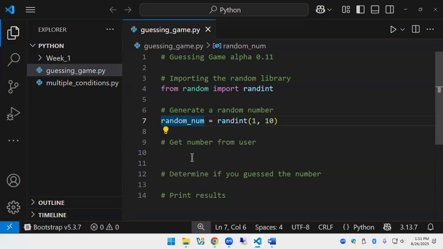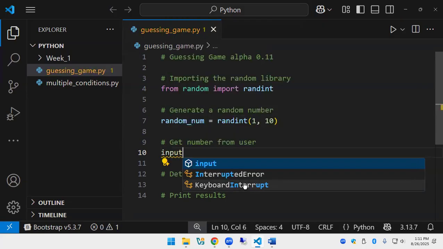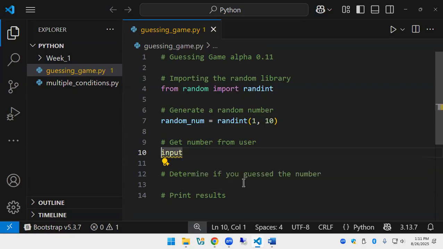Now, I don't know what that number is, but I am going to input my guess. So how do I get the number from the user? What is my code? Random num equal to whatever. How do I get a number from the user? You're starting to compare it already, and I haven't got the number from the user. Guess equals, or whatever you want your variable to be. There you go, you got it now. So this is what we're going to store it in. It could be guess, it could be anything.